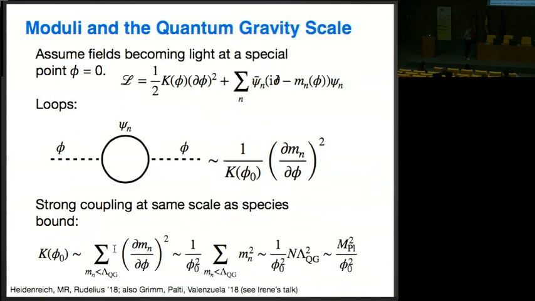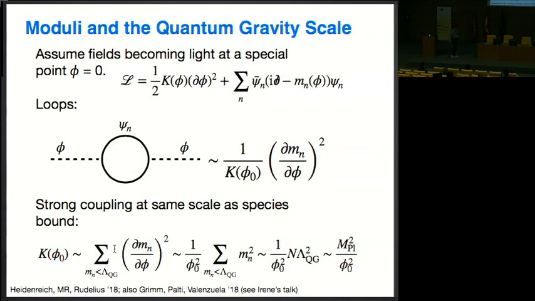One thing I want to just briefly mention, because Irene talked about this yesterday, is you can apply a similar logic to thinking about the couplings of the moduli fields themselves. If you have a modulus and there's some point in its field space where a tower of particles is becoming massless, you can go near that point and calculate loops of all those particles coupling to the modulus. Those renormalize the kinetic term of the modulus in a similar way to what we were talking about for the graviton and gauge field propagators. And so you can ask,